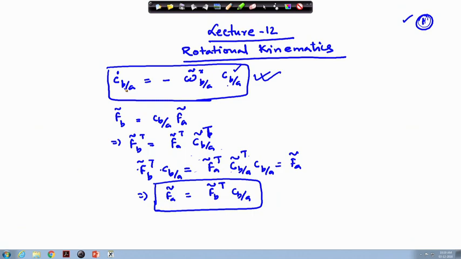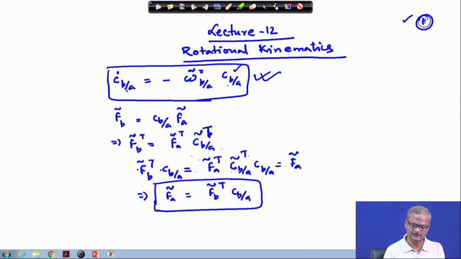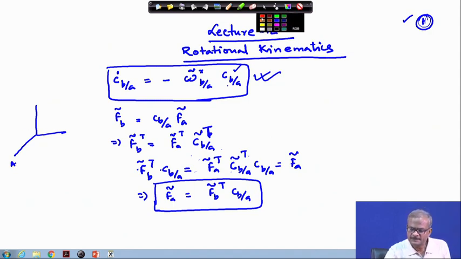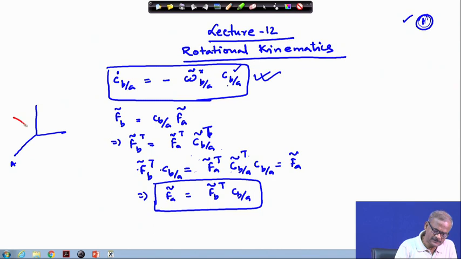Now, the same thing can also be proved using the vectrix method, and I am doing this because in the vector method we assume the vector to be fixed, and it may create confusion. So, it is better to look from the vectrix method. In the vectrix method, this is your frame A, and frame B is oriented with respect to this. Somewhere this is your frame B, and this is frame A.